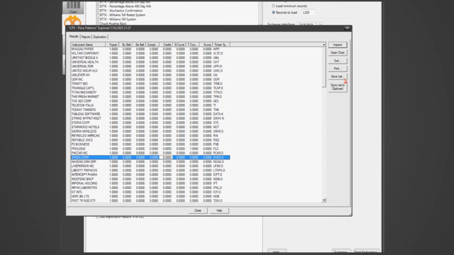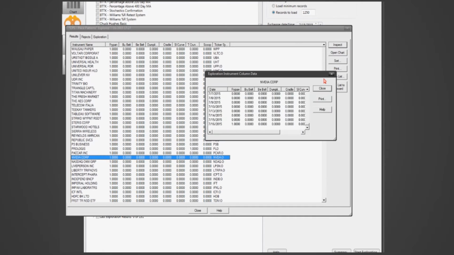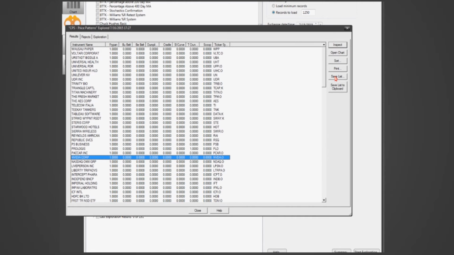You could save the list. If I wanted to save this list, I can save it as the Bigalow patterns, for example, and it'll allow you to save the list. And then you can go through all of them from that list if you want to. There's a lot of different ways you can use it, but the point is, and the reason a lot of